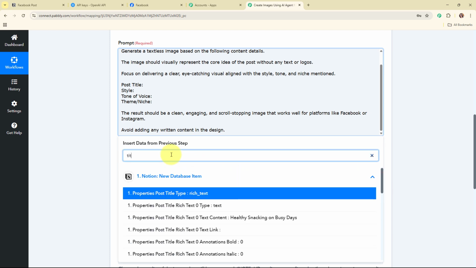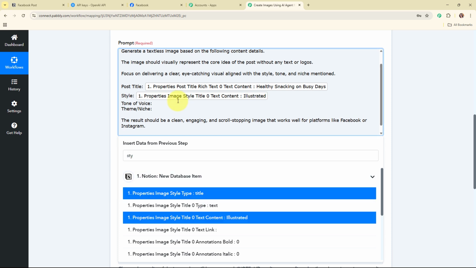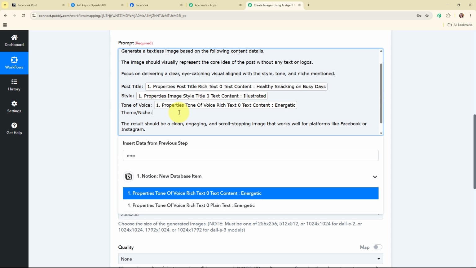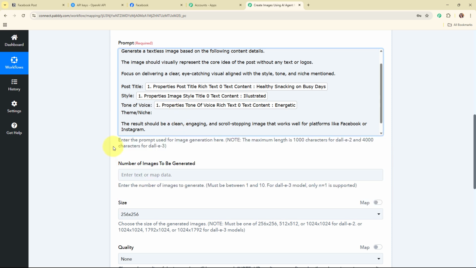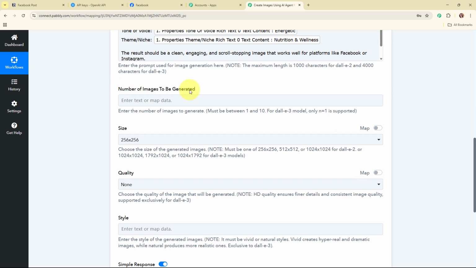So I'm going to search for the title. So this is the title. Here for the style, I'm going to map the style. So I'm going to search for the style. Here for the tone of voice, I'm going to search for the tone of voice over here. And here for the theme, I'm going to search for the theme. And now after entering all the required details, moving forward,